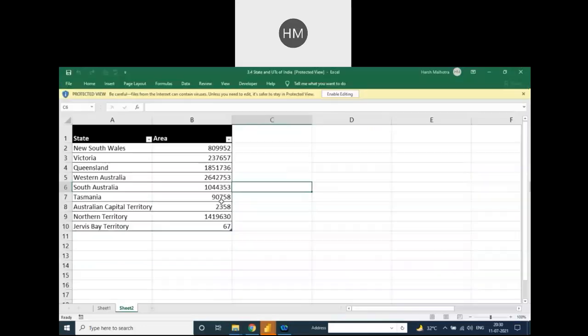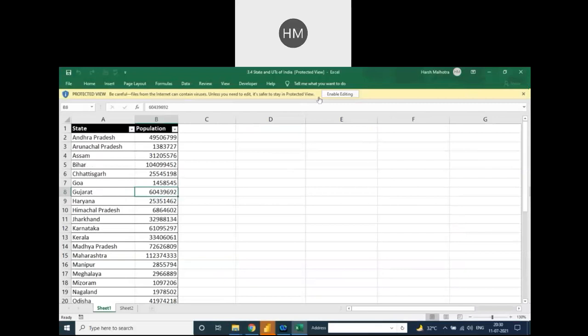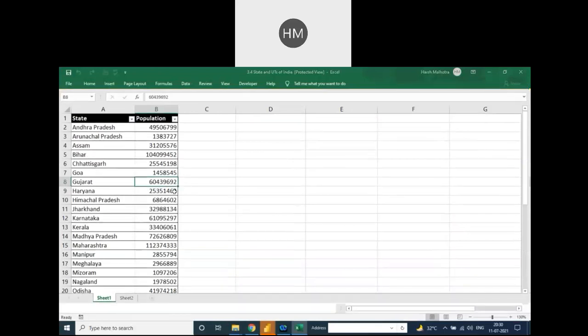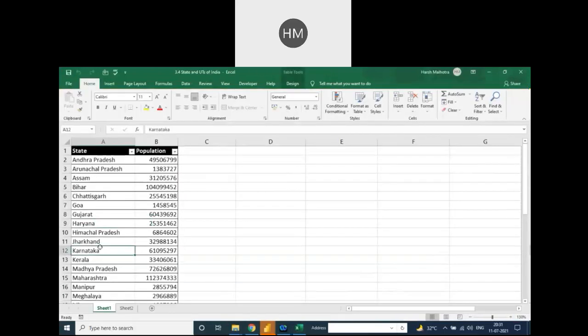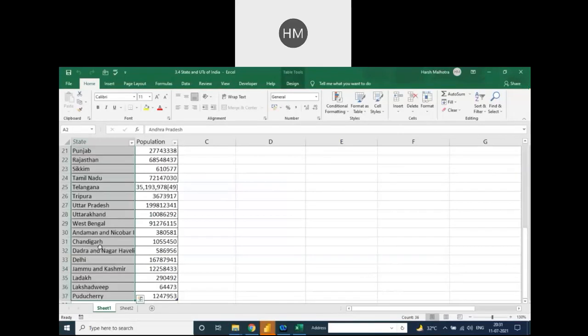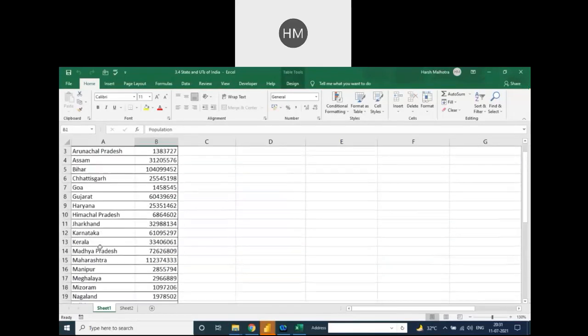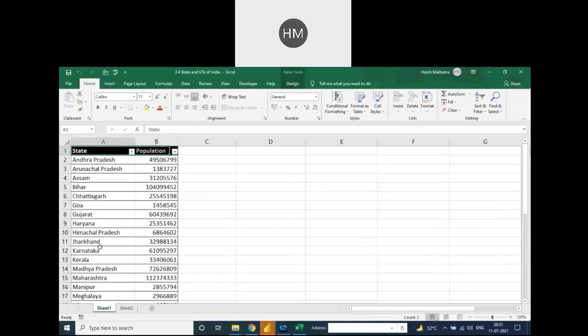Next one, this point also, I have covered line by line. See, here is the India states and here is the population. So I can cover this area in the map. How? Simple steps.